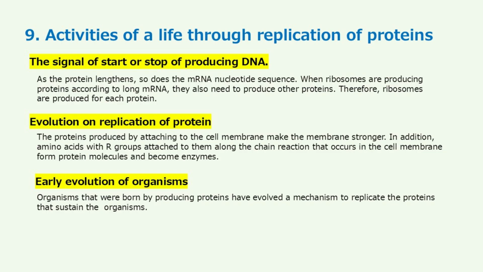The proteins produced by attaching to the cell membrane make the membrane stronger. In addition, amino acids with R groups attached to them along the chain reaction that occurs in the cell membrane form protein molecules and become enzymes. Early evolution of organisms. Organisms that were born by producing proteins have evolved a mechanism to replicate the proteins that